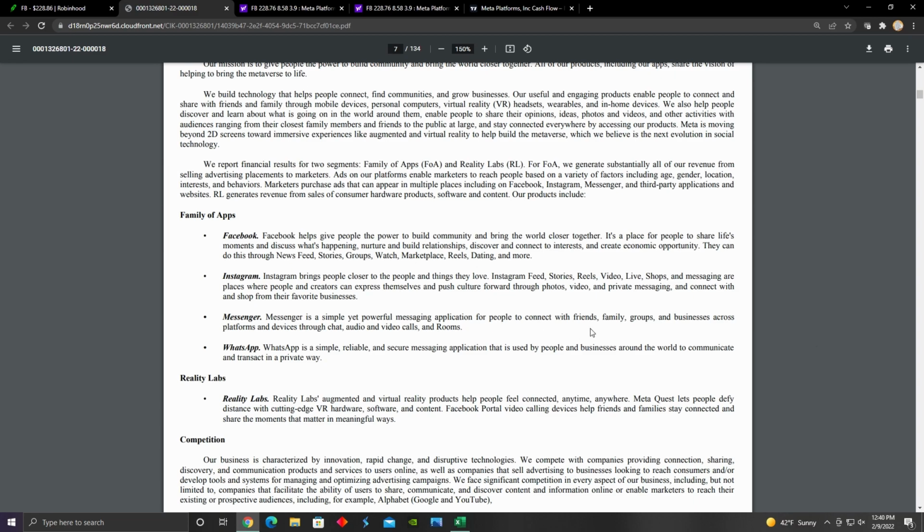For their Family of Apps section, a lot of people probably already know this, but the main way that they make revenues is by running ads on their platforms. Businesses are able to just spend a certain amount of money to run marketing campaigns and place ads on their different social media platforms. And that's how they're able to generate revenue. And these different businesses are able to target different users and customers based on things like age, gender, location, interests,